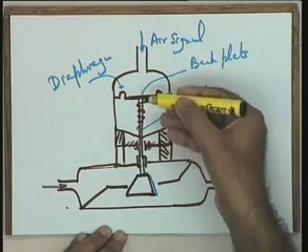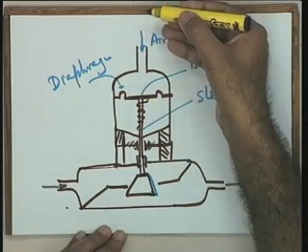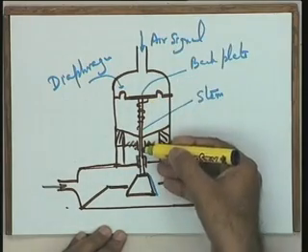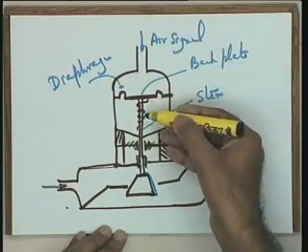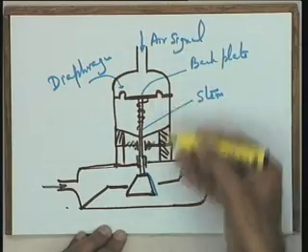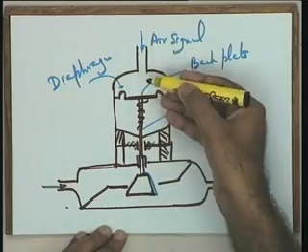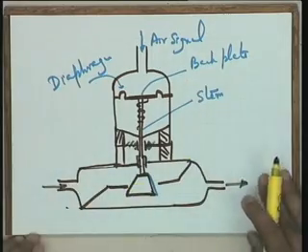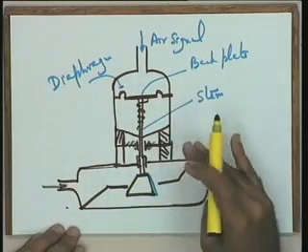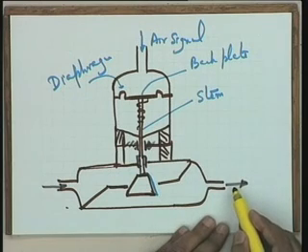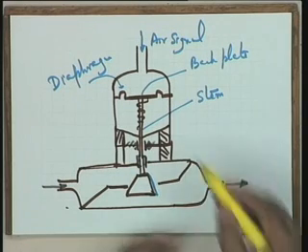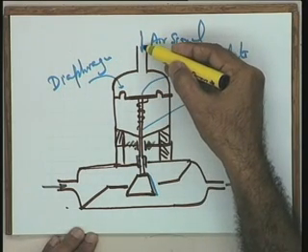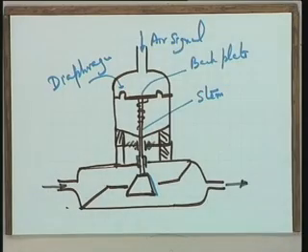In the reverse situation, if the pressure decreases, because of the spring action this back plate will move up, and hence the opening will reduce, and therefore the flow will reduce. So in this particular case, the valve is acting in such a way that the flow here is directly proportional to the pressure at this inlet point.